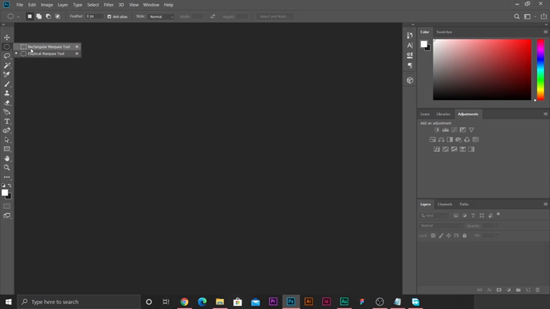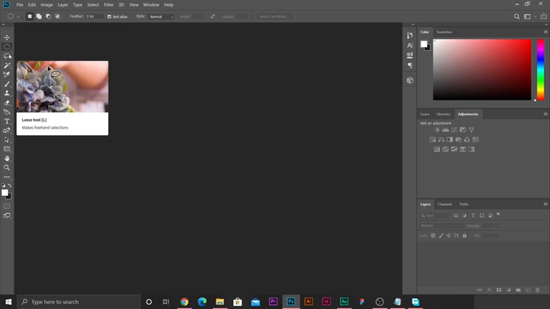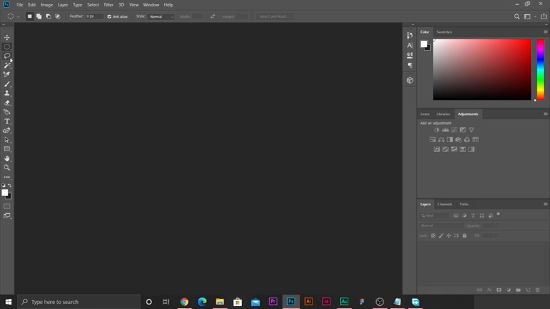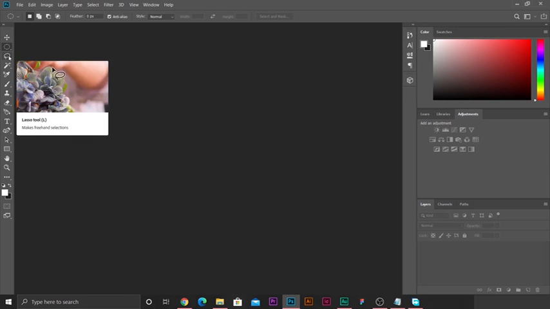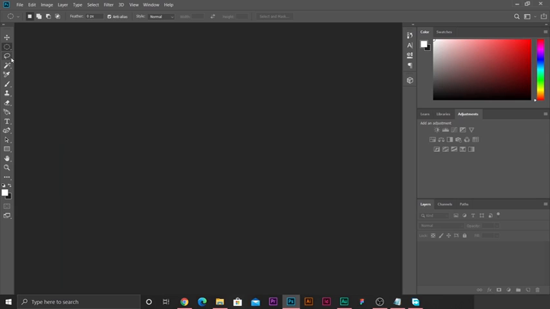Like here, you can see you have the rectangular marquee tool and the elliptical marquee tool. Then here is the lasso tool. The lasso tool is used to make selections, and an amazing thing about Photoshop is that this version, Photoshop 2019, also adds a little preview to make you understand how to use these tools, because at a glance some of these tools can be super intimidating, but they don't have to be. That is why you are in this program. We make you understand how all these tools work. But first,